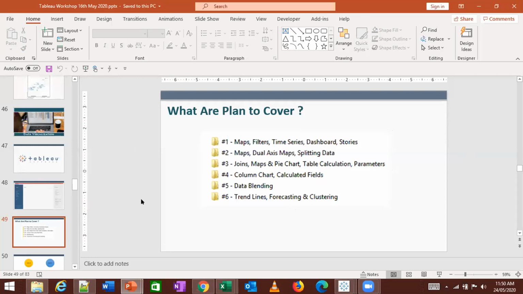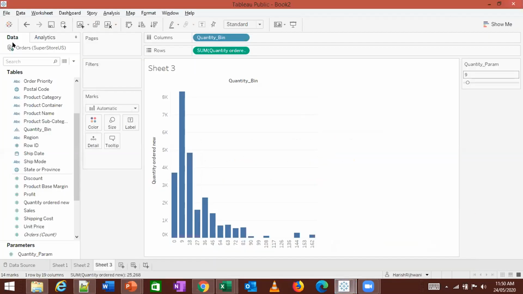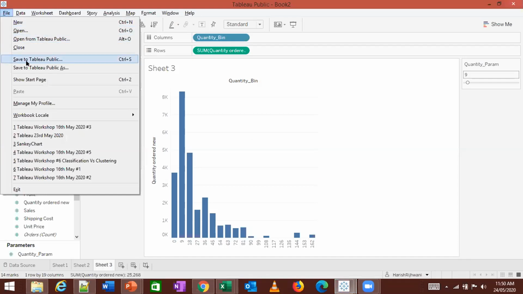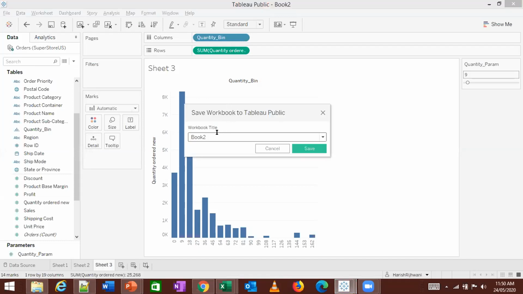Yes, since it's Tableau Public, you'll have to create your ID and it will get saved online. Data will get saved online. So if I save this, right, if I save my data over here, it saves it to Tableau Public. You can even share the link with anybody if you want to show it. So here I have this data.